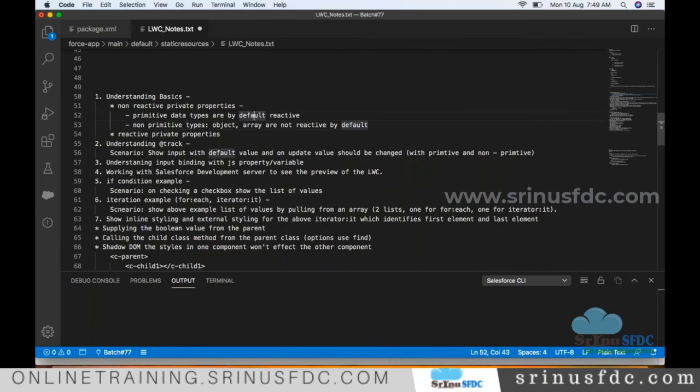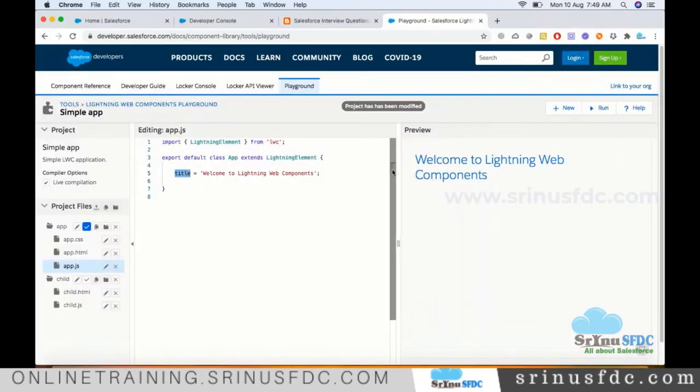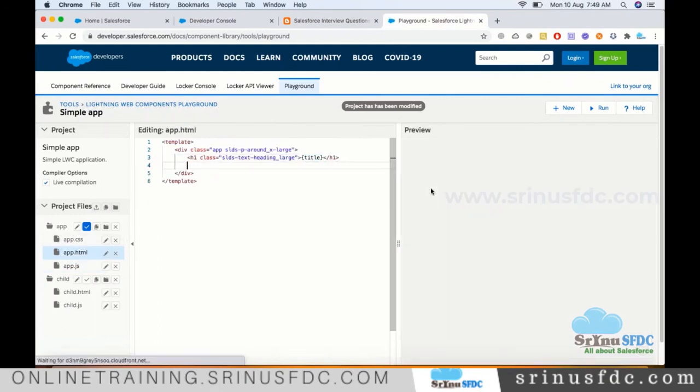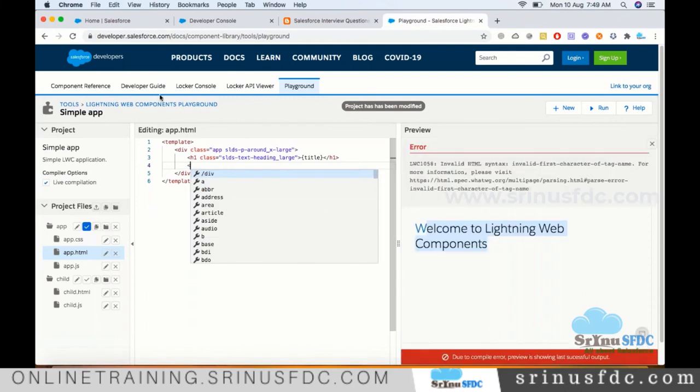Let's see in this example. So here on the UI, I'm going to introduce an input, so that whatever I type into this title, I want to see here. For that, we have some standard elements. If you go to the component reference, we have some standard elements available, right? So lightning input, value is equal to,